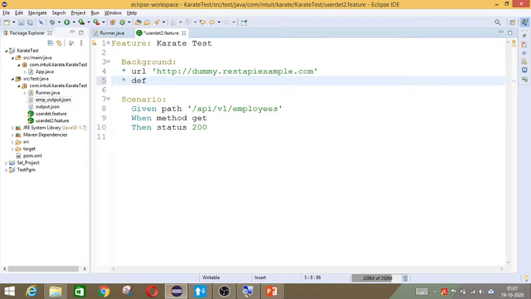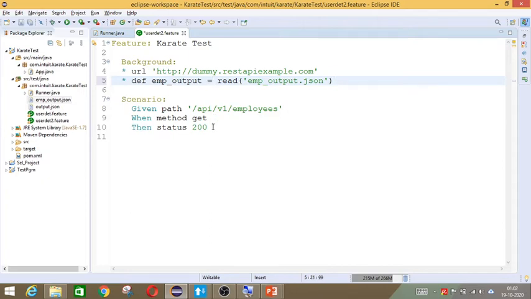So star def, and we will have the file name available in an output variable like emp_output, in which we are currently going to read the file. So what is our file name? It's emp_output.json. This is our complete file name, right? So you give this file name to this variable. Now emp_output has this file name.